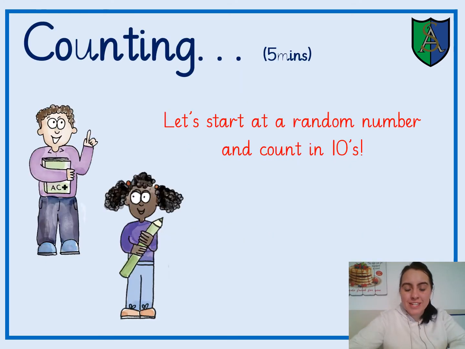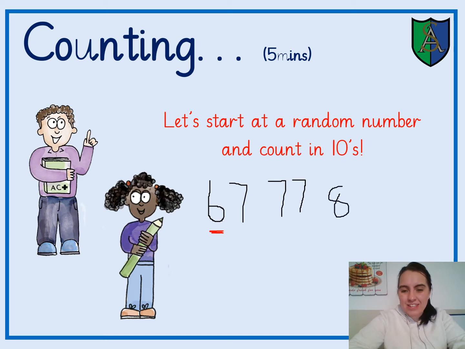Okay, so just like we do every single maths lesson, we are going to begin with some counting. So you can start at a random number and you can count in your tens. I'm going to put one on the board for us now. So I'm going to choose the number 67, okay? So remember, when we're counting in our tens, the only number that changes is this one, okay? So what would the next number be? 67, 77, brilliant. The next one, 87, 97,